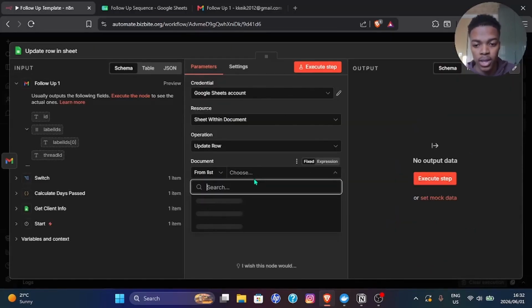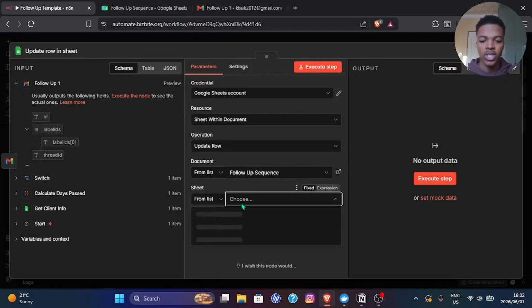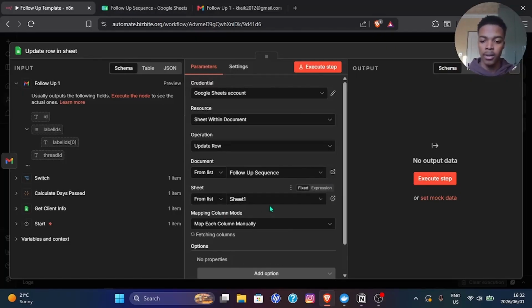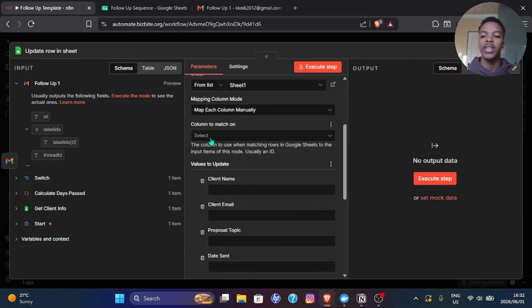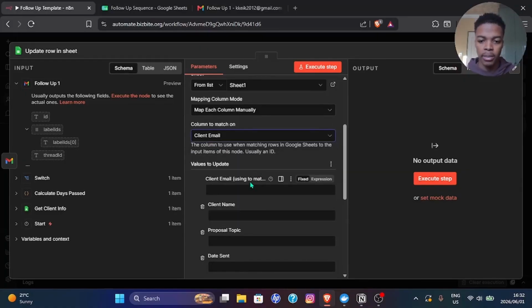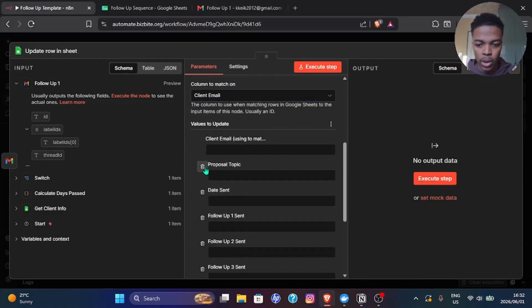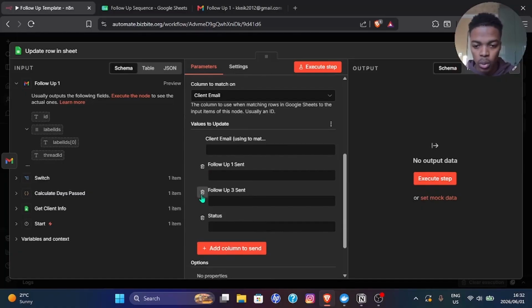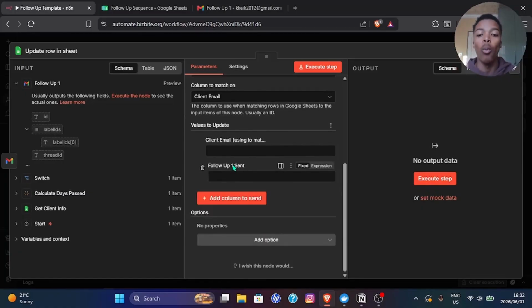So go ahead and pick the document first, so document name, follow-up sequence, and then here where it says sheet, go ahead and pick the sheet once again, and here the columns to match on. What that basically means is where the email will be the same as the one that you're entering. So the client email right there, and then the client name you don't want to update, nor the proposal, nor the date sent. The only thing you want to update is the follow-up one sent,